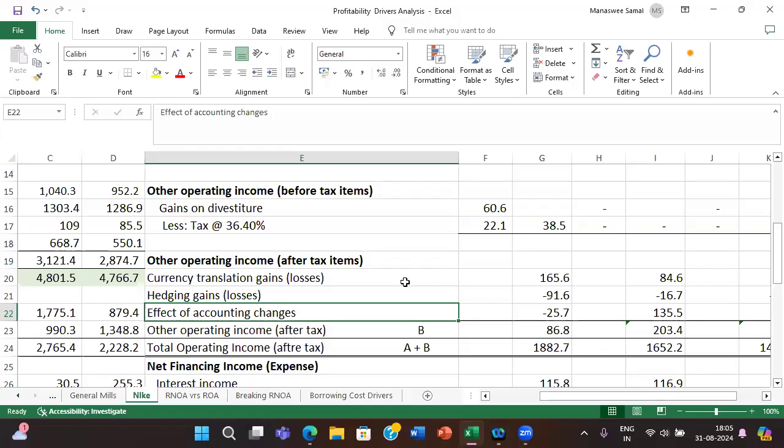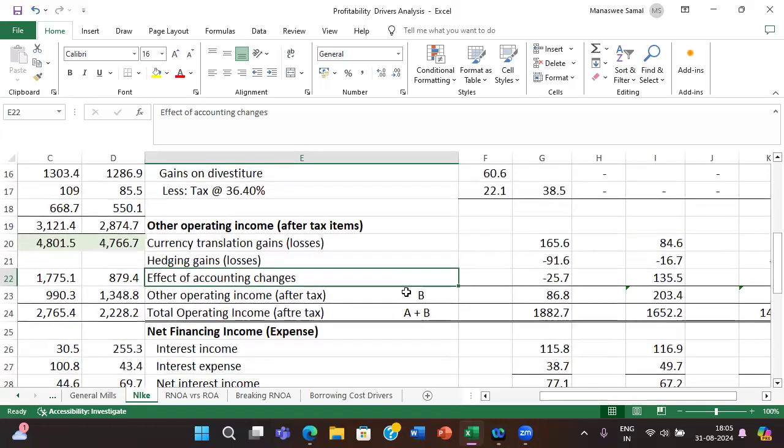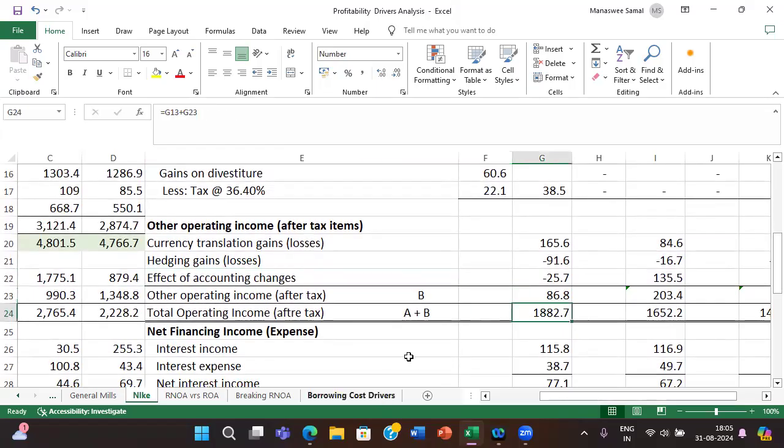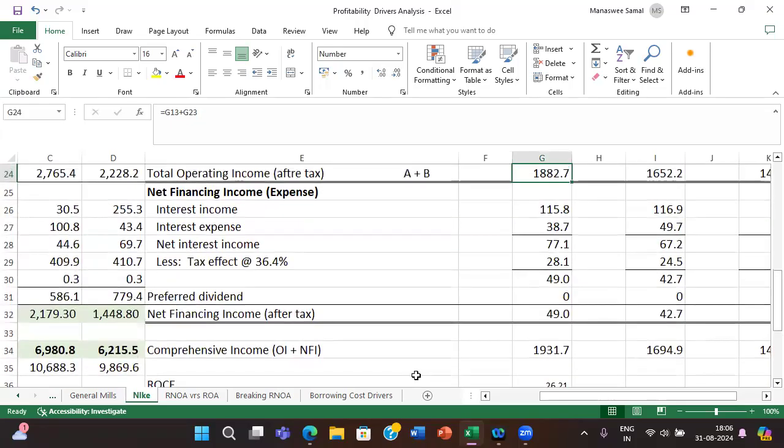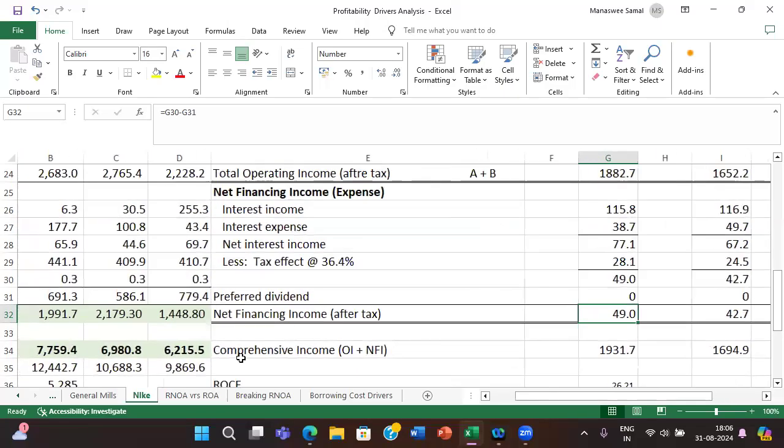Okay. So again, in this case, we are concerned with total operating income. That is 1882.7. And you have net financing income. We called it as net financial income. That is absolutely correct, not wrong. Okay. So 49 is the net financial income after tax. Once you have net financial income of 49 and you have NFA, I think easily you can calculate